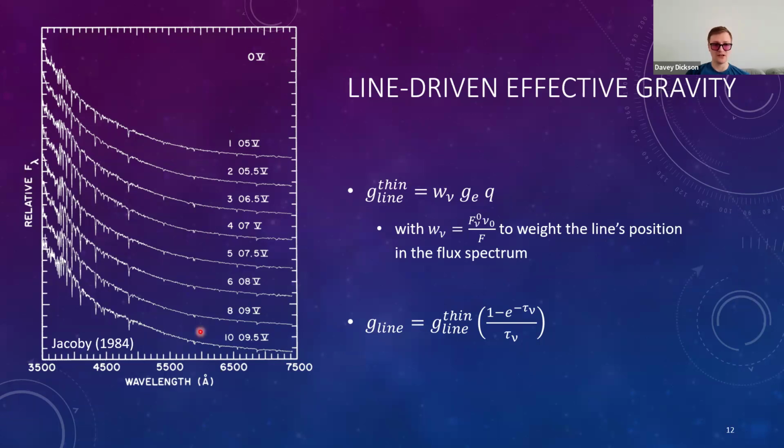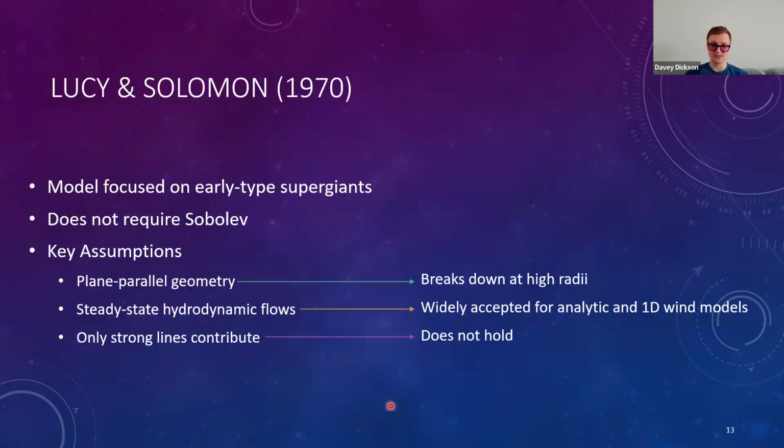I want to note that, as mentioned before, it is not just one line that is contributing to this outward force. We need to do a sum across multiple lines. So we would put this into a summation to get a more accurate contribution. The first paper to do that, to consider a sum of multiple lines contributing to this outward force, is Lucy and